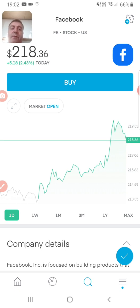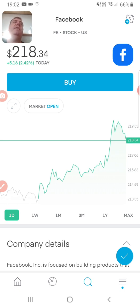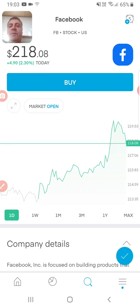But for some reason the bulls are putting a lot of options to buy these two shares, and a lot of them are buying the shares at the same time. So usually what happens is they either short the share and then they might buy the share, so that they're covering their options, or vice versa. They might short it and then they put in options to buy it. Yeah, so they're covered either way. However, it seems these particular people just want to buy it. I don't know what news they've heard, but